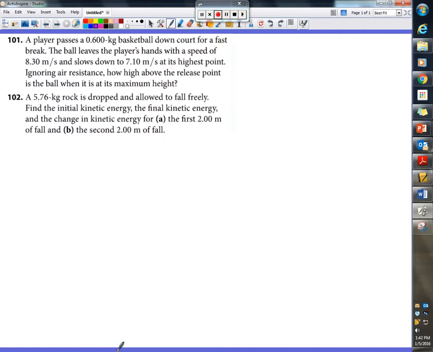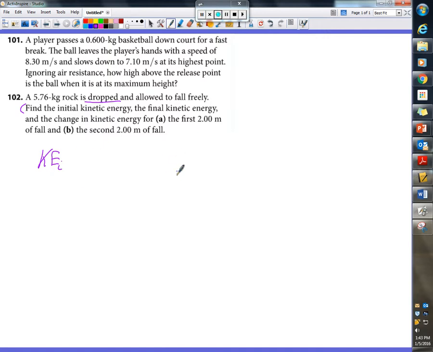We have a 5.7 kilogram rock being dropped and allowed to fall freely. Find the initial kinetic energy, the final kinetic energy, and the change in kinetic energy for A, the first 2 meters of fall, and B, the second 2 meters of fall. So, first, it says the rock is dropped. So for part A here, this part, where it says find the initial kinetic energy,